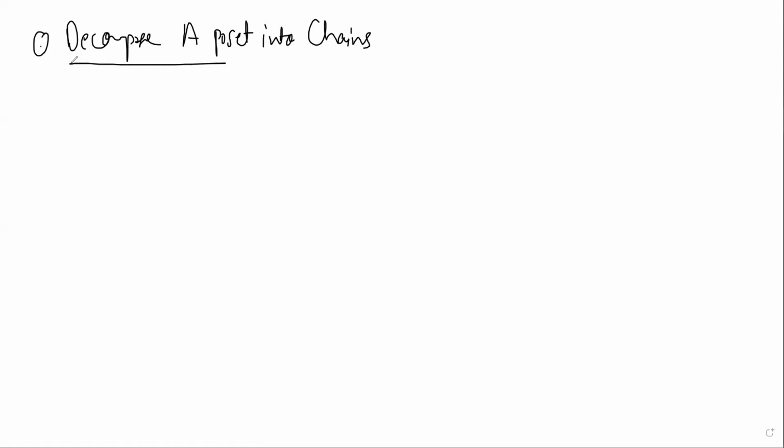Okay, so the point that I was trying to make is, do the same. I started with taking the poset and decomposing it into anti-chains, right? Now you do the same thing, but you decompose a poset into chains, not into anti-chains, and then you make some conjectures and claims and see what you get. Okay, I will not say anything more. Decompose a poset into chains and do similar as before. Again, you will see something.